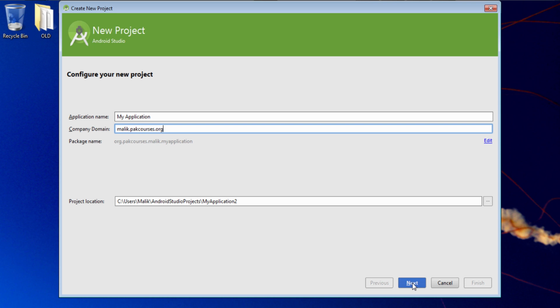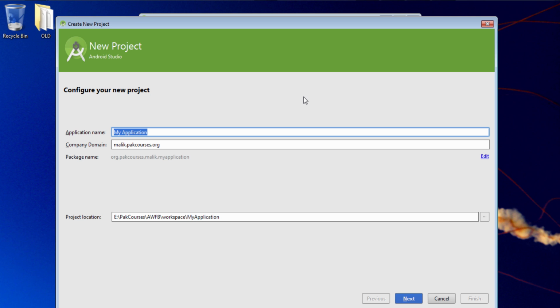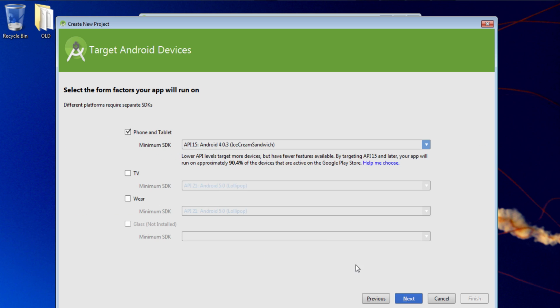Here you can see pawcourses.org, so the package name is org.pawcourses.malik.myapplication, and I'm quite sure that it will be different from other applications. So the package name should be different for each application. Now I will write the name of the application, our first app, and this is the location where our project will be saved. Here I will change it. Our first app. Now I will click next,